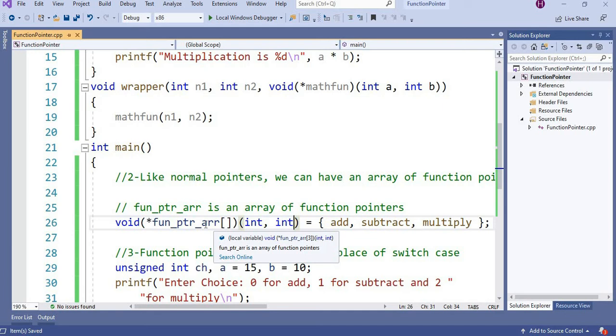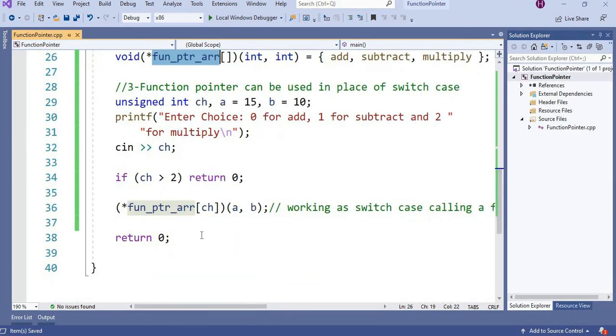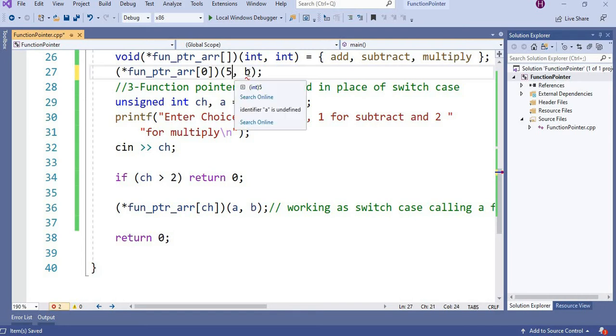To execute this, you can pass 0, 5, 6. If you pass 0, addition will be performed.